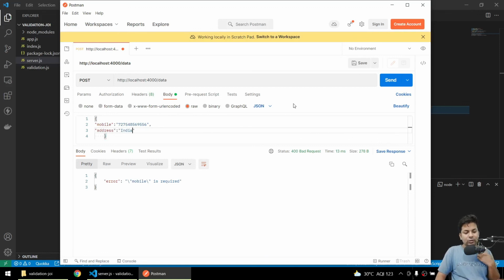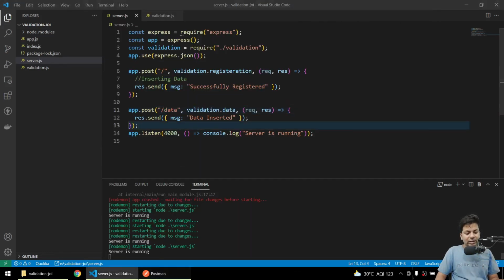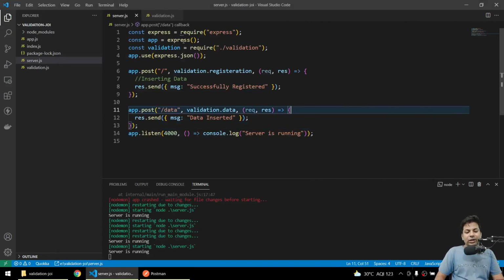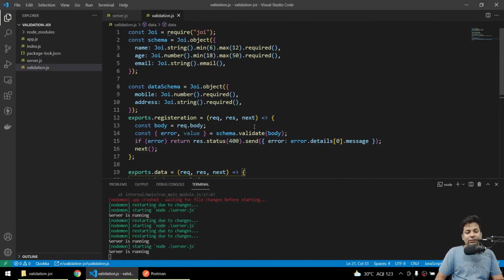Okay, so if everything is cool, it says data inserted. If suppose mobile number is a string, I say string, like this. Error mobile number must be a number. So you can just put validation here and validate, but this schema is unnecessary.